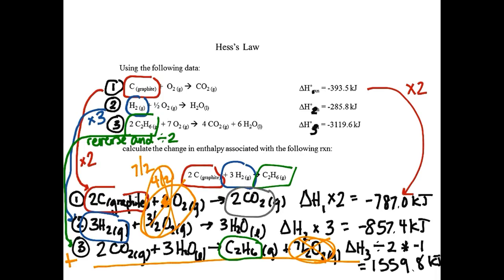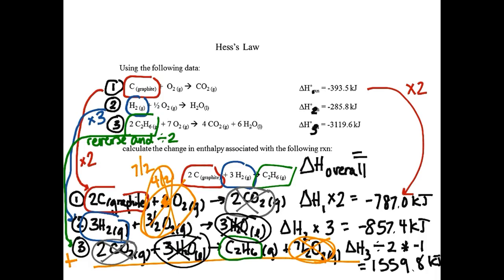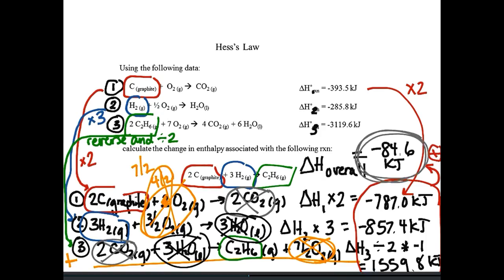We also have 2 CO2s on the right and 2 CO2s on the left, so those cancel. We also have 3 waters on the left and 3 waters on the right, and so those cancel out as well. So you do get the overall reaction equation, and then you just add all 3 of these delta H values together to get the overall delta H value. So that's a plus sign, -84.6